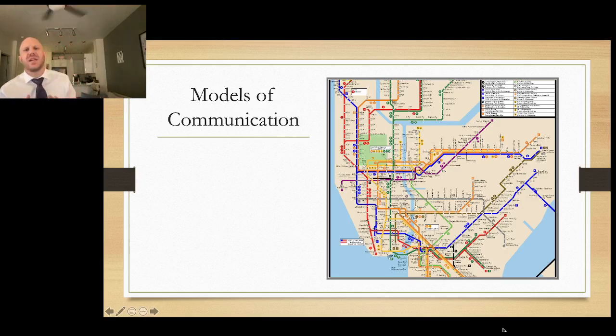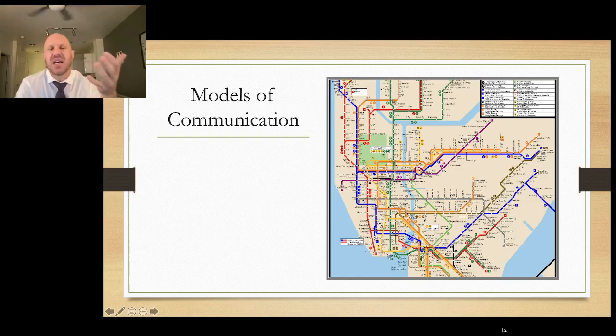So another way that we can begin to get a clearer understanding of what is meant by communication would be to build a model or a visual representation of what we mean by communication. And many scholars have done this, and the models that they build have implications for what it is they're actually going to study. So we can also think of these models of communication as being different ways of looking at communication. Here we see a subway map, and a subway map is a kind of model of the subway.